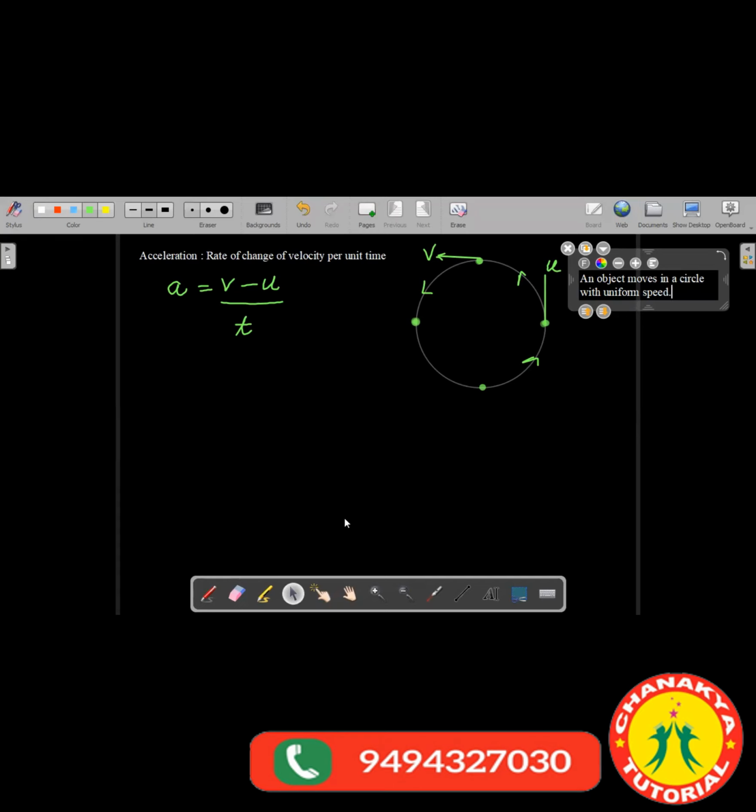Because we find here that the magnitude of the velocity is not changing, but its direction is changing. And we know that velocity is magnitude and direction. So since velocity is